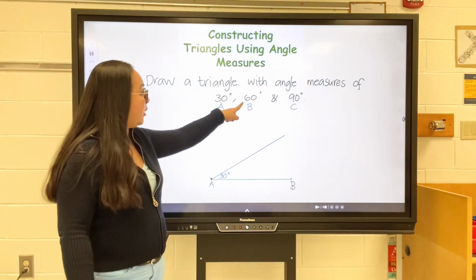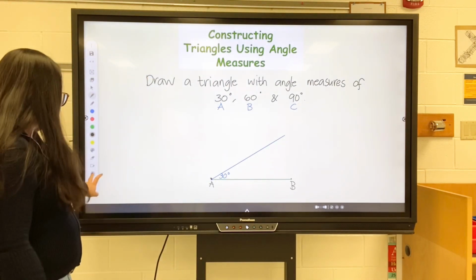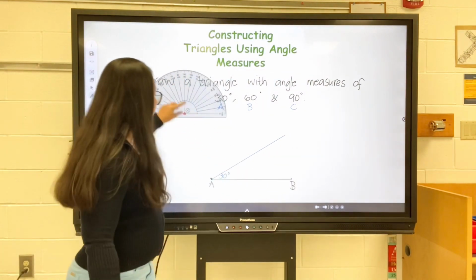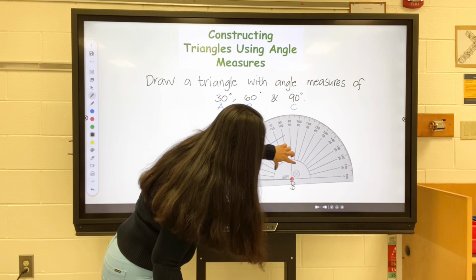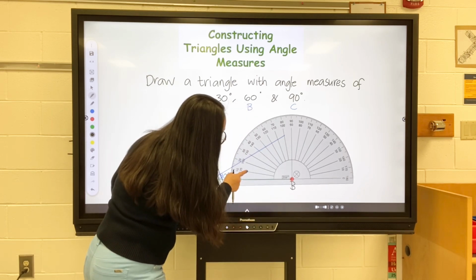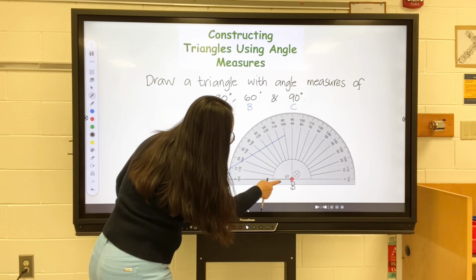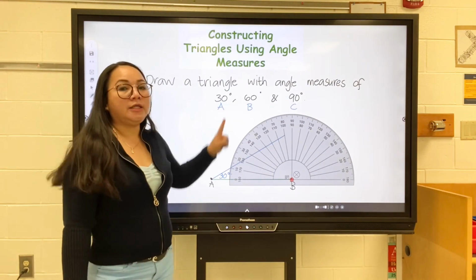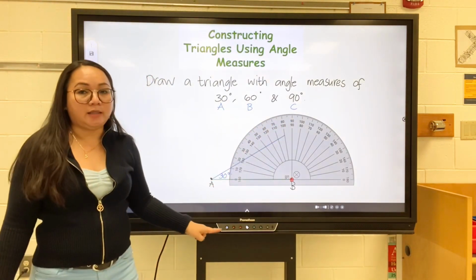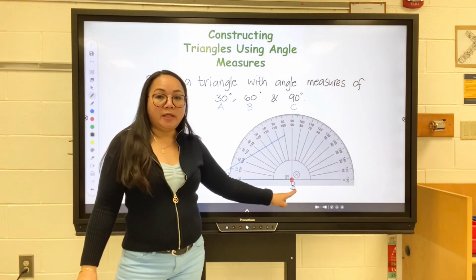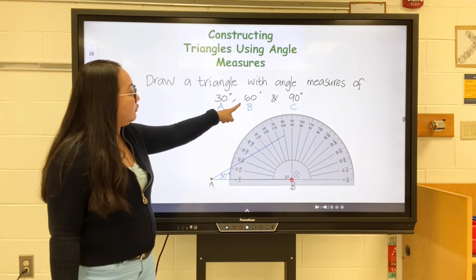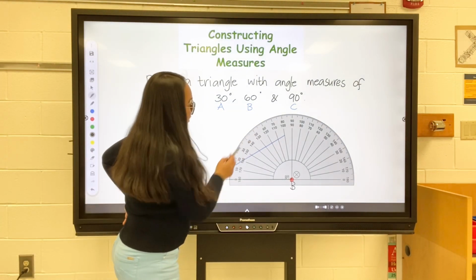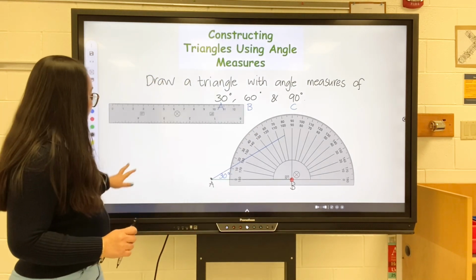Next, we will measure point B, which is 60 degrees. Again, we will get the protractor and put the middle of the protractor on point B, making sure that the line of the protractor is on top of the green line. Then we can measure 60 degrees using the upper scale. Again, we are measuring the right, so we will use the upper scale. And then look for 60 degrees. So from here, that is 0, here is the 60,